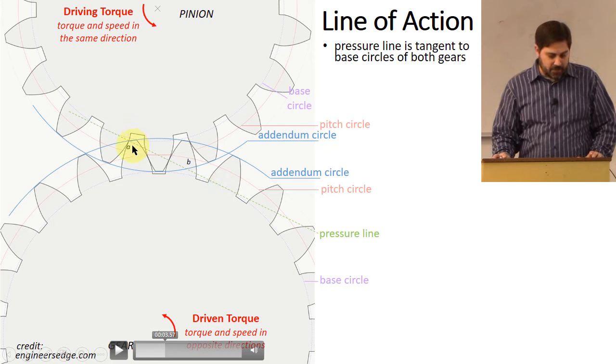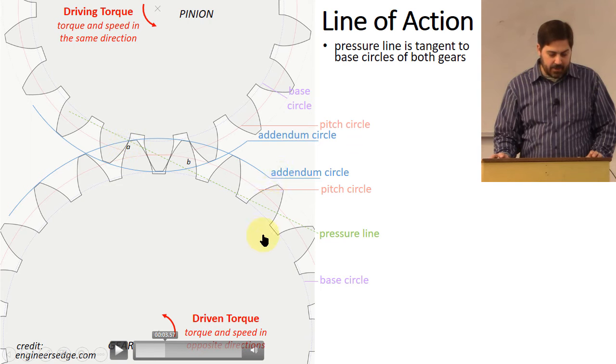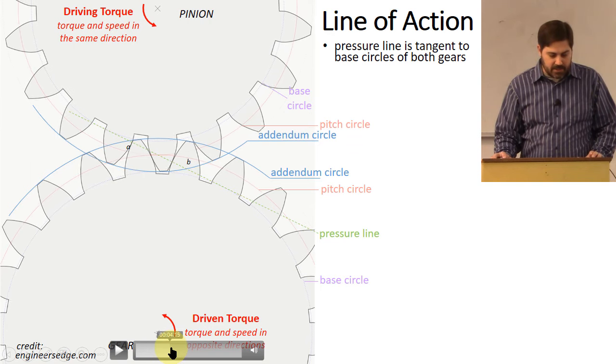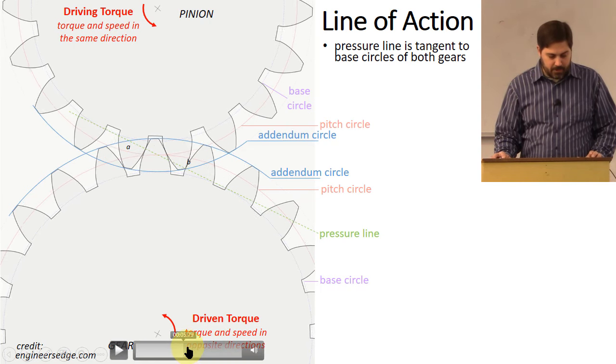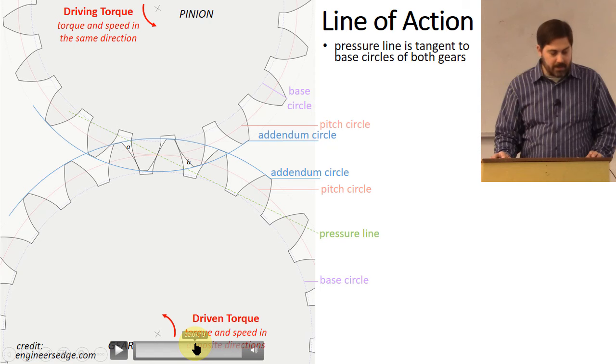It's right where that line intersects with the addendum circle of the bigger gear. Notice that? That's right where that point begins to happen. And then as this action continues forward, that point is going to progress and go through. Right here would be the pitch point,